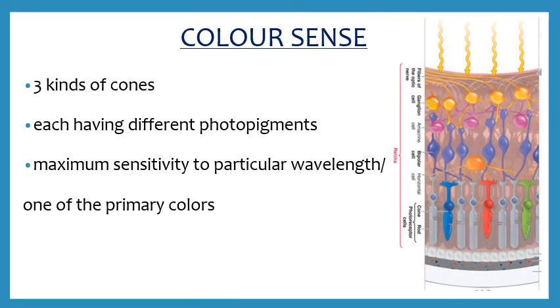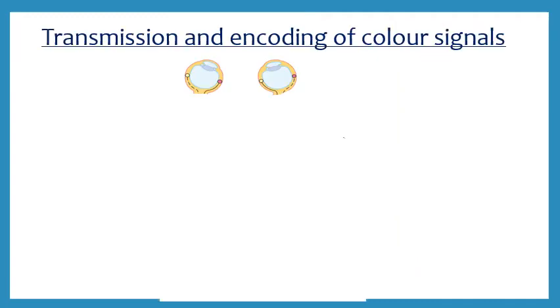Next, we'll see about color sense. So color sense is actually encoded at the level of the retina itself, because we've got three types of cones. One is the L cone, which is responsible for transmitting the longer wavelength. Then we've got the S cone, which is more sensitive to the smaller wavelength. And then we've got the M cone, which is more sensitive to the middle wavelength. And even at the ganglion level also, there is color coding present,